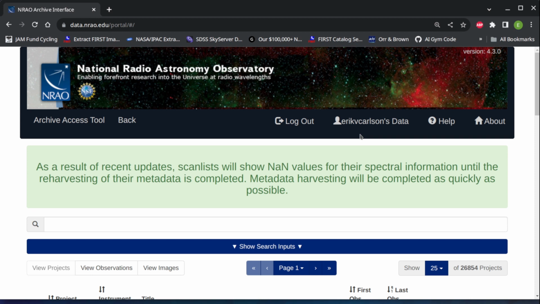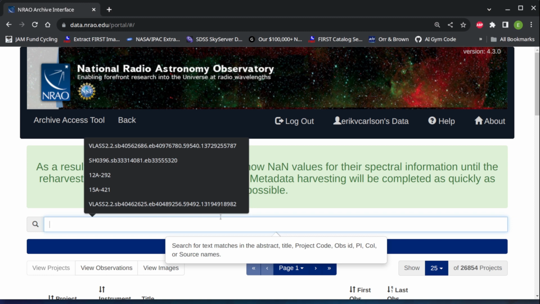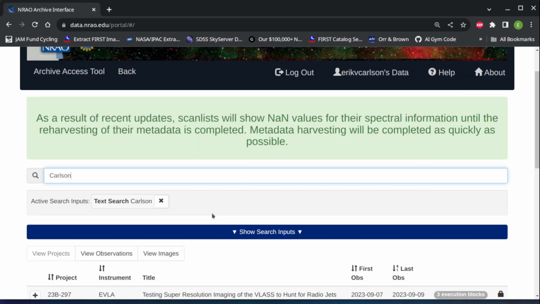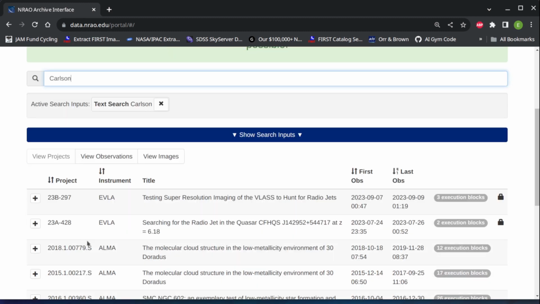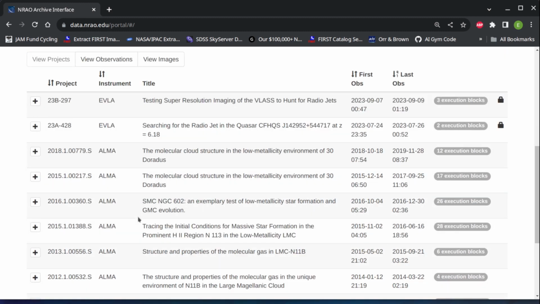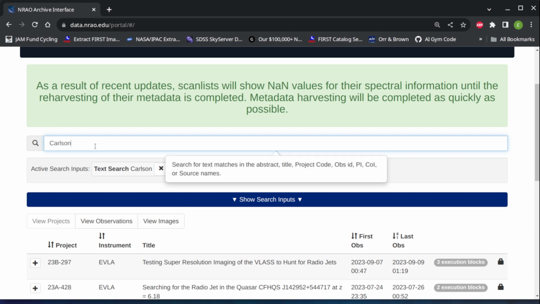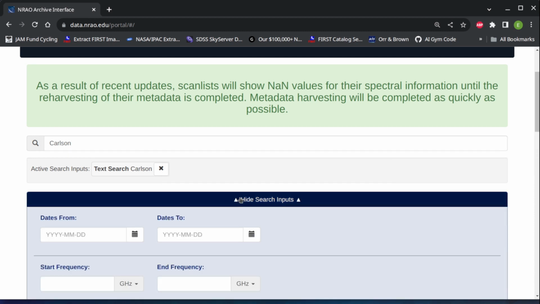And that's what we're going to be doing today, using a measurement set or an observation which was just recently observed as part of my own work. To get that, I'm going to use the search bar here, and I'm going to use the PI's name, or my last name, to sort the different observations that have a PI with the name Carlson. I can also search directly by project code,